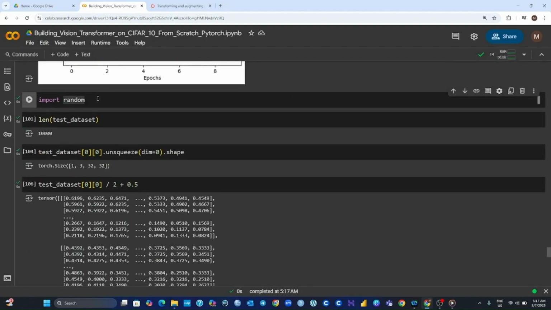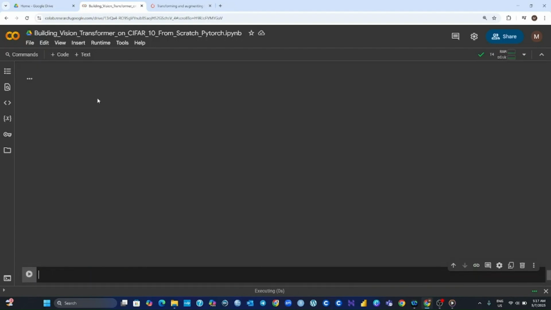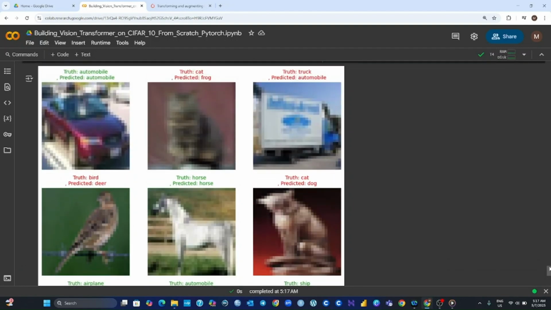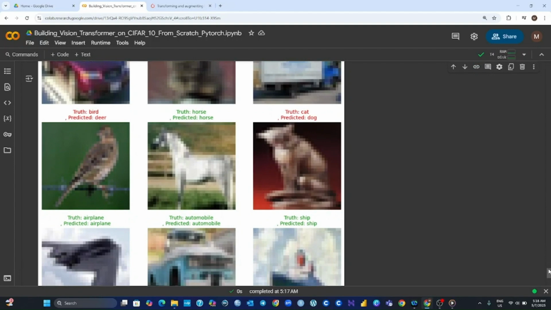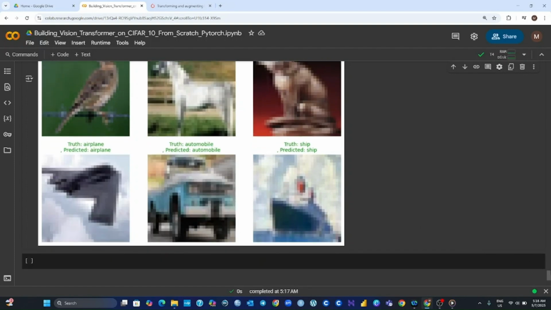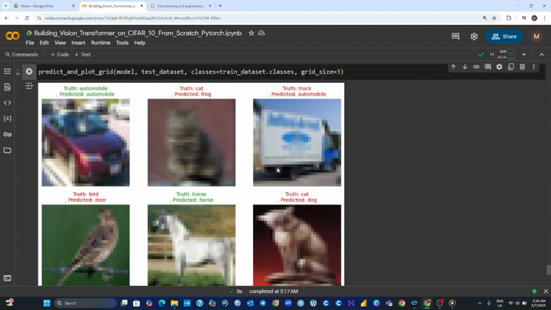If we want to make some predictions using the model, we can use the same kind of code setup, and you can notice now we have these expectations. So truth: automobile, and the model has predicted that it's an automobile. The same thing here. Truth is a horse, and the model has predicted that it's a horse, and we have all these correct predictions. But for these images, yes, we do have some of them wrong,